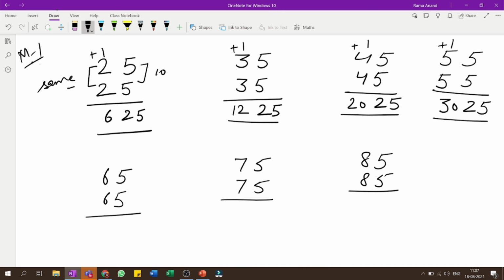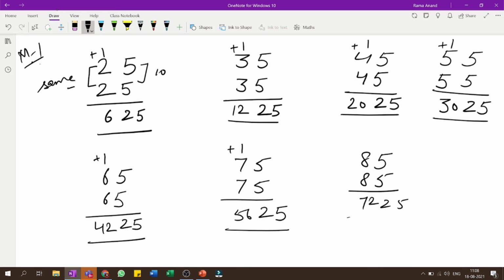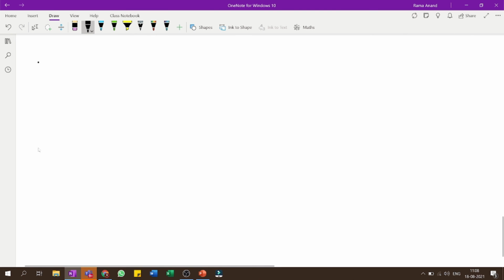So from this method we can find out the squares of the numbers ending with 5. You can take it to the 3 digits also. 5 into 5 25, 6 plus 1 7 and 7 into 6 42. 5 into 5 25, 7 plus 1 8, 8 sevens are 56. 25, 8 nines are 72. You can directly do that. Now see, you can just continue this method for the 3 digits also if you know the multiplication.